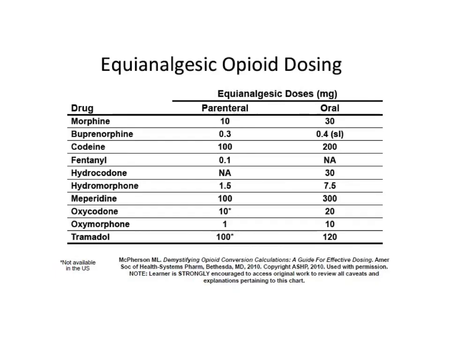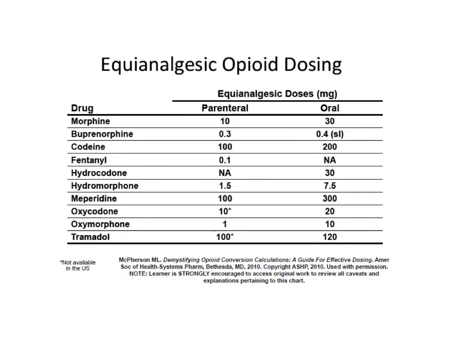Here's a chart that shows the equianalgesic dosing of the opioids that we commonly use. Morphine there is at the top, and it's considered the gold standard that we compare all the other opioids to. So you can see that buprenorphine, just below morphine there, has an equianalgesic dose of 0.3 milligrams when given IV. That would compare to 10 milligrams of morphine. Going down the list, if you just were to select oxycodone, 10 milligrams of oxycodone would be roughly equivalent to 10 milligrams of morphine given parenterally.